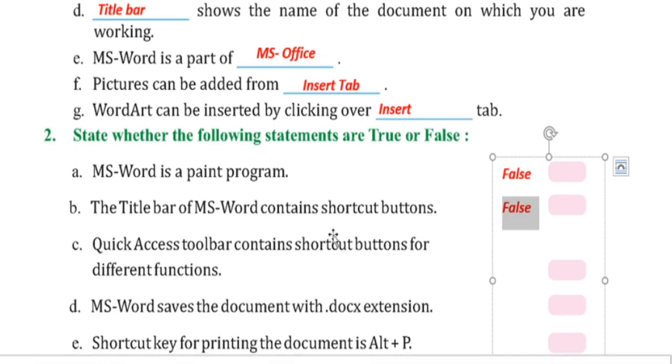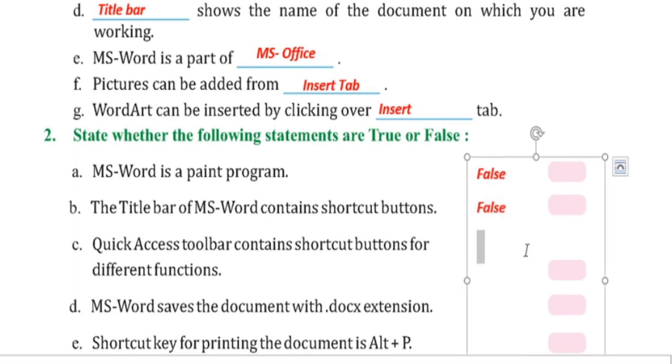False. Quick Access Toolbar contains shortcut button for different function. That is the true.